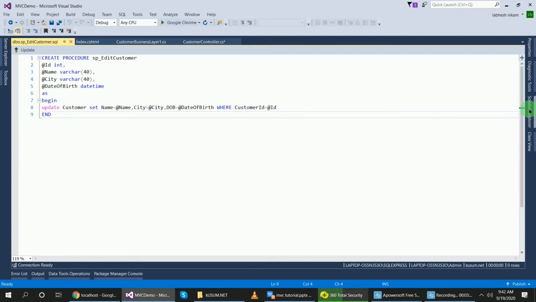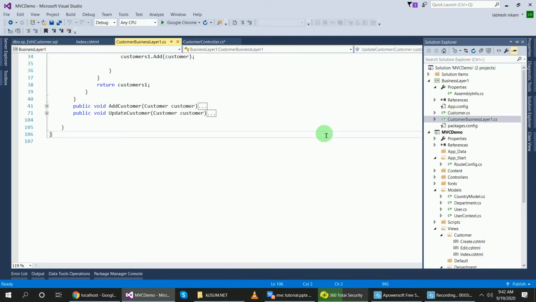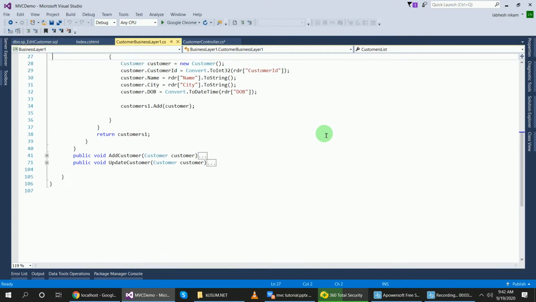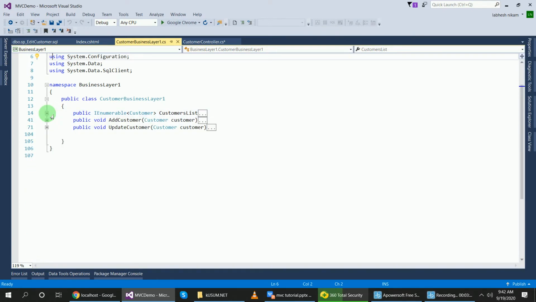we have to write one method to get the data using the stored procedure. For that, in this business layer project I will add a method in this customer business layer class. Here we already have the list method to display the list of data and the method to add customers.